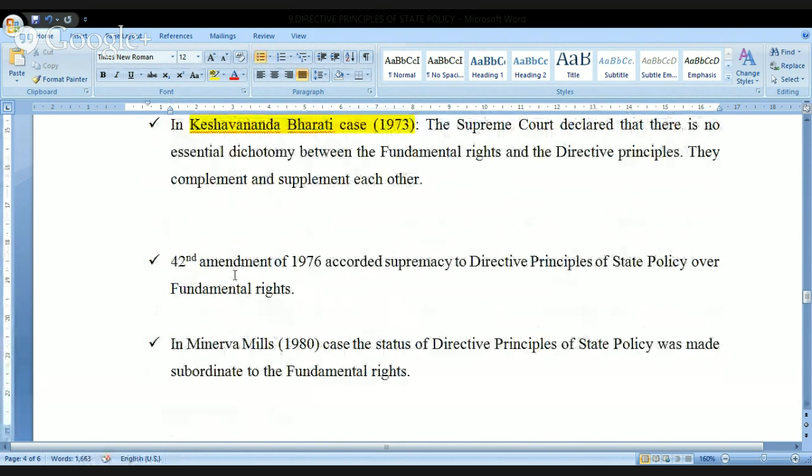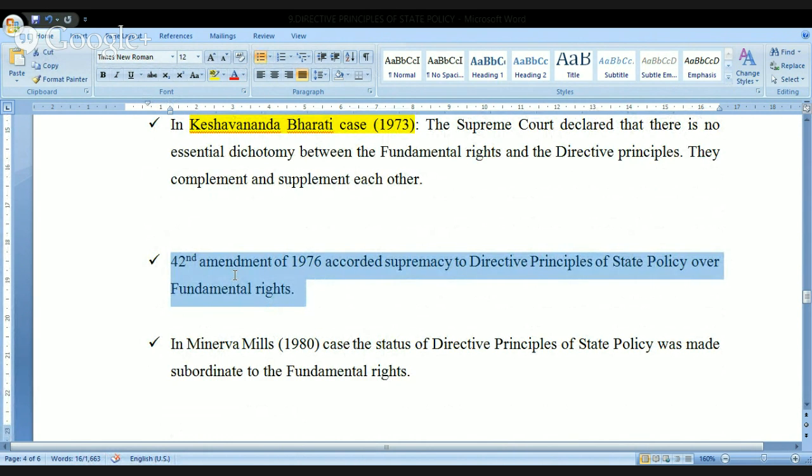The 42nd Amendment of 1976 accorded supremacy to the directive principles of state policy over the fundamental rights. Meaning, the Constitution can be amended by the Parliament, and by amending that, you can decide anything. That's the reason why through this amendment, the Parliament tried to give supremacy to the directive principles over the fundamental rights. But